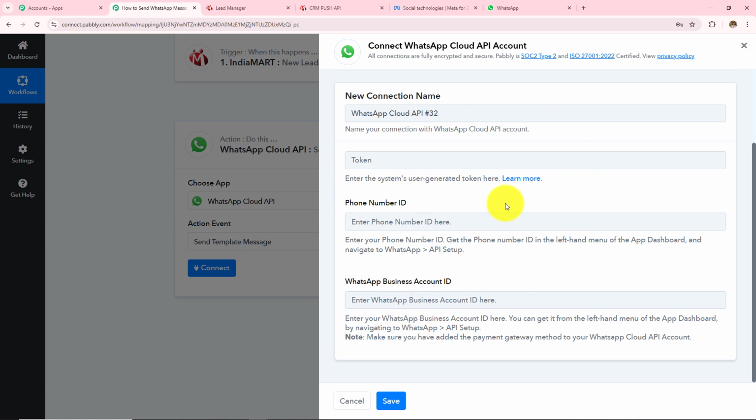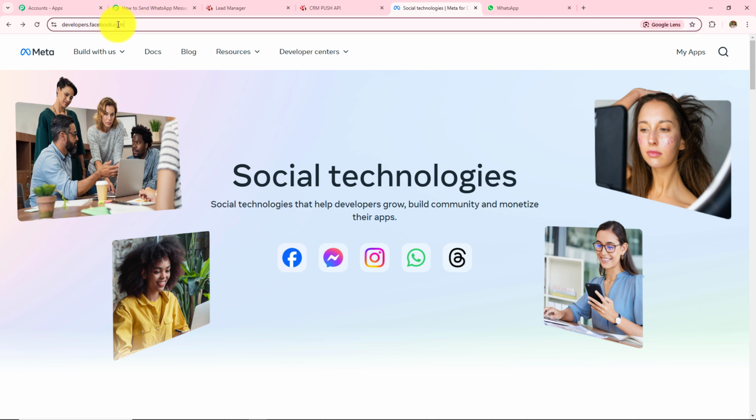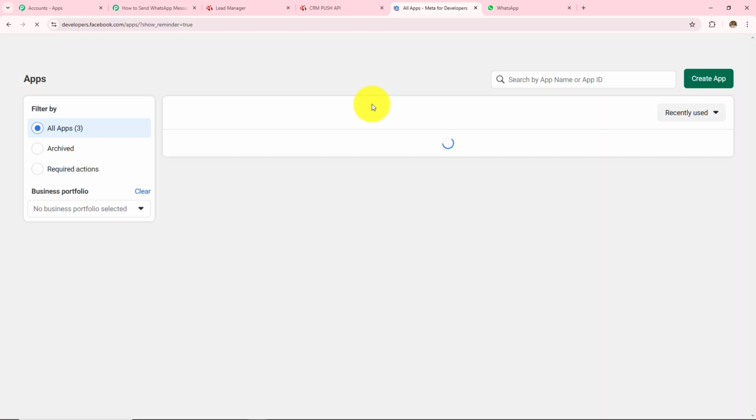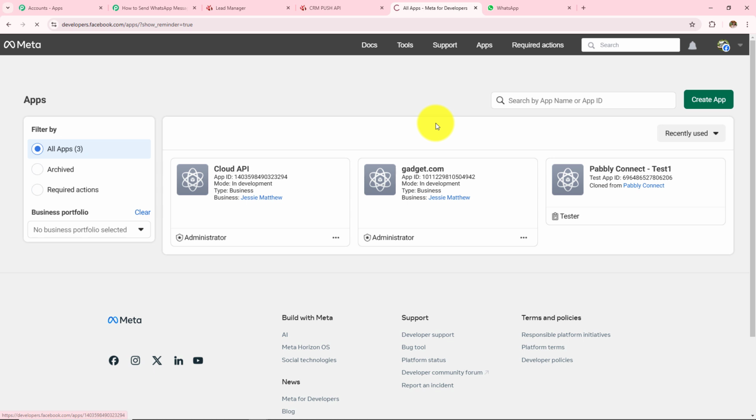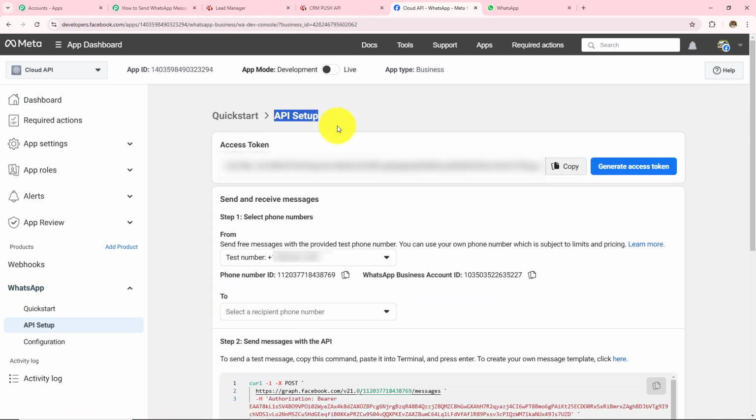So where are we going to get this? We are going to open Meta for Developers. And here, this is the app dashboard of Meta for Developers. You can visit this by typing developers.facebook.com. After browsing this, we have to go to this My Apps on the top right corner, where I have to select my app, and then on the left hand side I can see this WhatsApp. After clicking on this WhatsApp, I can see this API setup. I will open this. Now under this API setup, I am provided with the access token, phone number ID, and the WhatsApp business account ID, which I need to copy and paste into my Pabbly Connect.